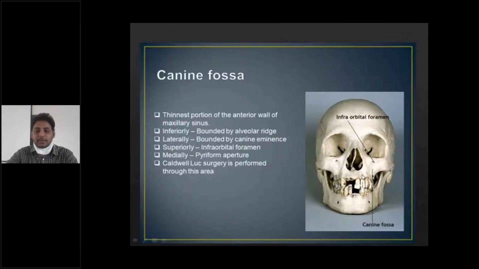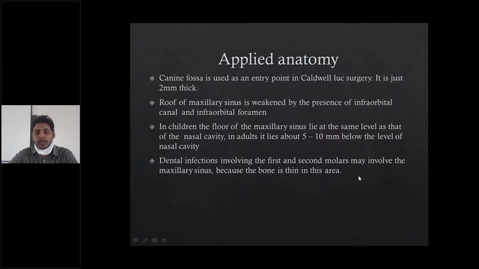See, the inferior wall of the maxillary sinus will have the alveolar fossa, through which we will have teeth like incisors, canines, premolars, and molars. Usually we have these 4 types of teeth, but the floor of the maxillary sinus is formed mostly by the premolar region and molar teeth.